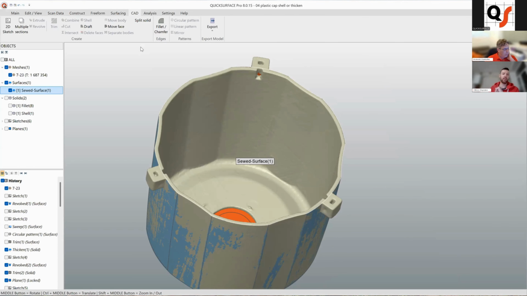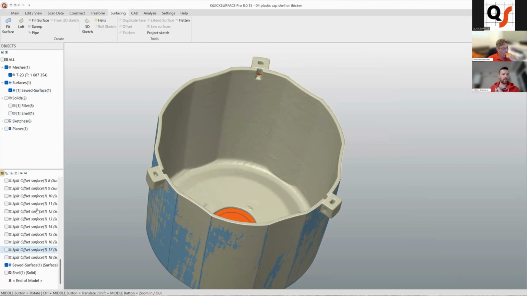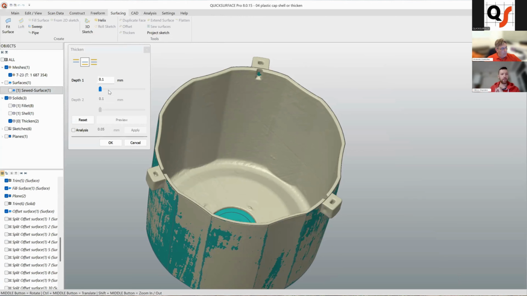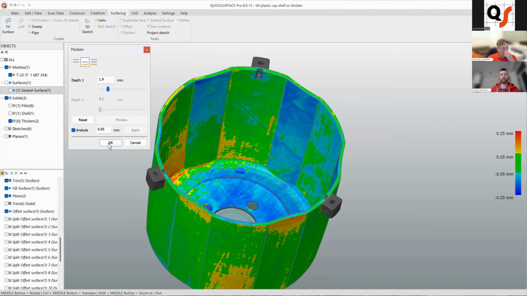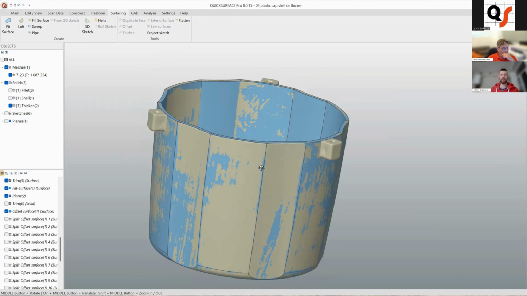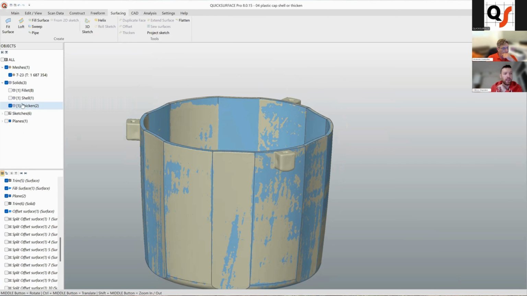So if I'm creating just thicken, I can create a nearly same part. In most cases, you don't see much difference here, but the difference is